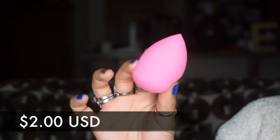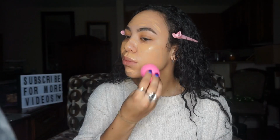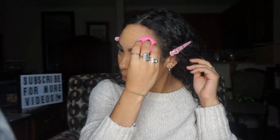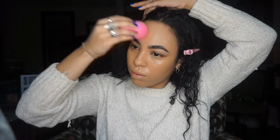My favorite way to apply this foundation is with a sponge or a beauty blender, but lately I've been using this baby right here, which is the Equate Beauty Classic Blender Sponge, and it's literally a dupe for the beauty blender, but instead of being $20, this one is $2, and I really actually like it a lot. It's obviously not a beauty blender, but it honestly does the same thing. And for somebody who is just looking for an everyday makeup routine, $2 versus $20, you know,